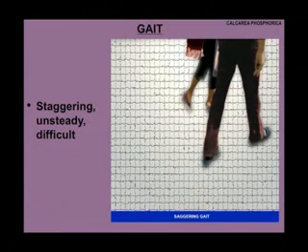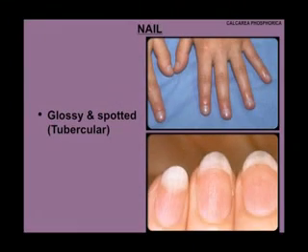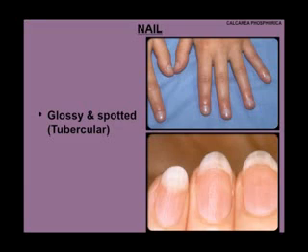When the patient walks in your consulting room, I always watch how he's walking in, and that's important. Here is the nail. If you look in my miasm presentation, I mentioned glossy nails are tubercular. In my book, I give a lot of emphasis on that. And your calcarea phos is a tubercular miasm. So you have glossy nails and you have spots on the nails,